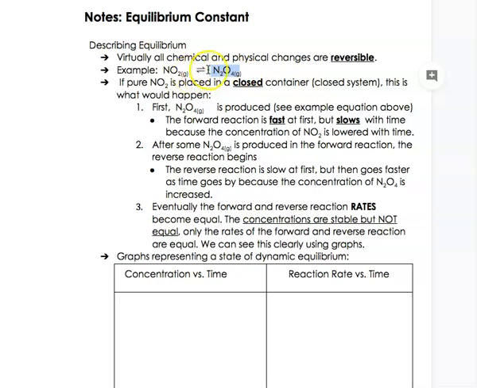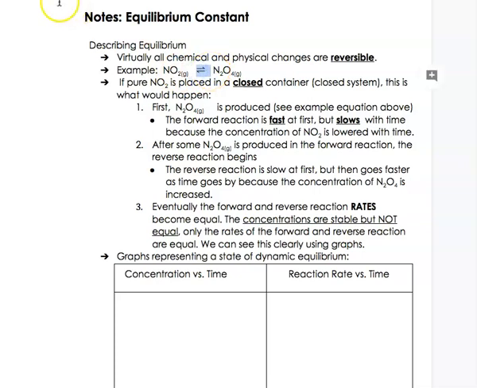So we normally write reactions in this way, where we write the starting material on the left and the products on the right side with an arrow pointing to the right. That's what we're used to. But again, virtually all reactions and physical changes are reversible. So you can actually reverse the chemical reaction if you place it in a closed container. So if we look at this here,